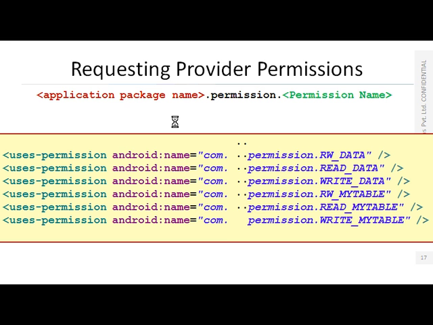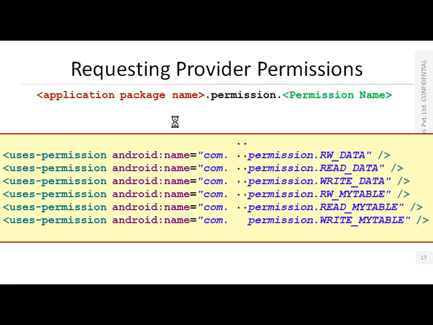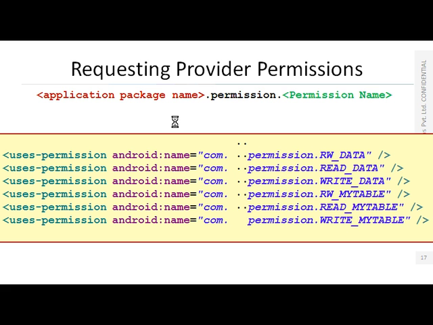So here, as you know, see what we have specified here: we have specified the permission, right? com.permission.rw_data is just like that, read data and write data. So this permission must be specified under the uses-permission tag in the Android manifest.xml file of the applications that are going to use this data. Alright. Otherwise they will not get permission to use your data. Alright.